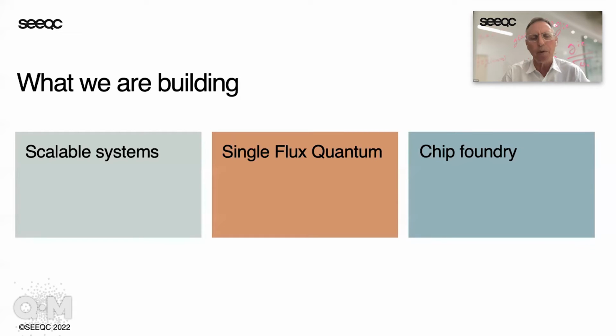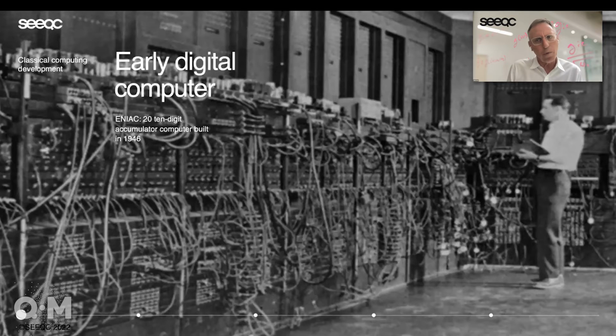And we have customers. We built some of IBM's first qubits back in 2003. We were building circuits for D-Wave. We built circuits for the DOE, DoD, NASA, etc. So we have lots of customers, commercial, government, and academic. So what's the theory of what we're doing?